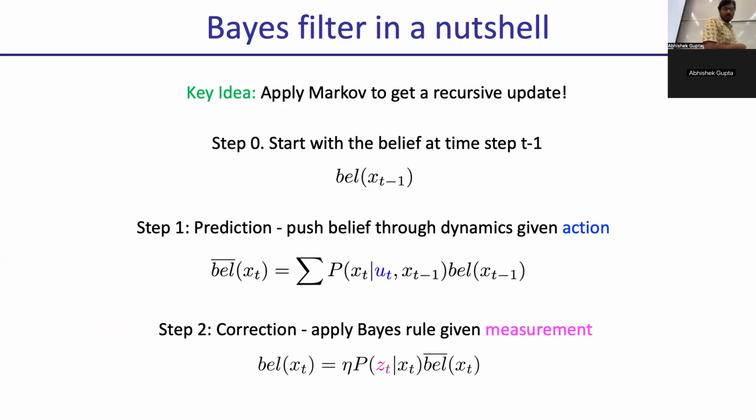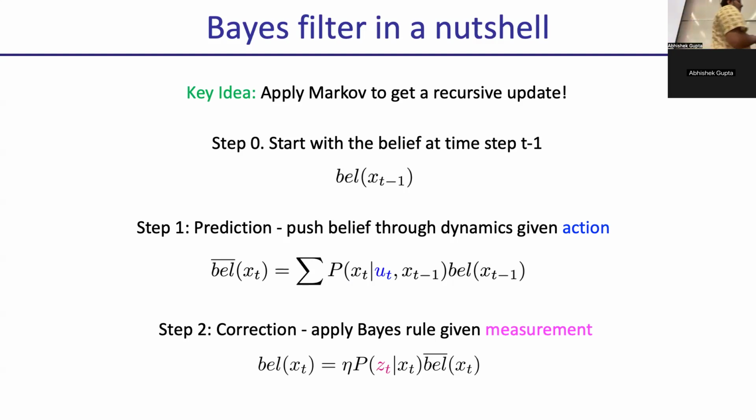Okay, so to put the pieces back together, you're going to have this running update that you keep doing. You're going to start from belief at x0. You're going to take an action. You're going to run it through your motion model. The motion model is going to say, okay, this is where I think you're going to go given your current belief. Then you're going to take a measurement. You're going to reweight all the beliefs by your measurement. You're going to renormalize. You'll take another action, run it through the motion model again, and you'll repeat.